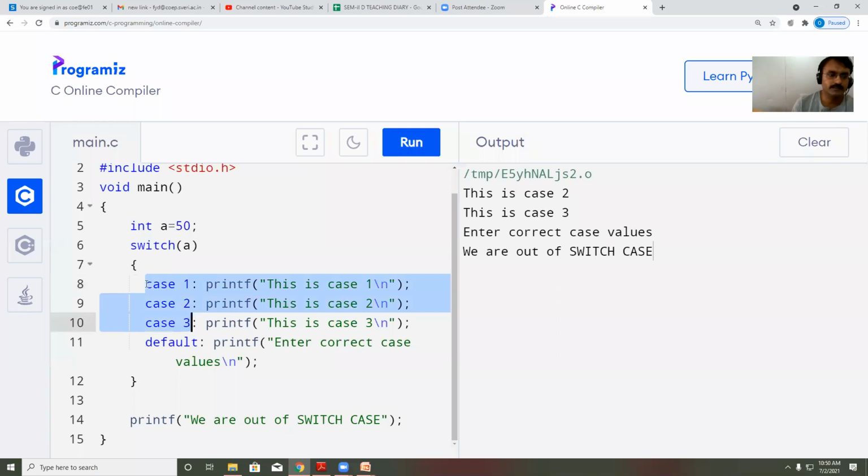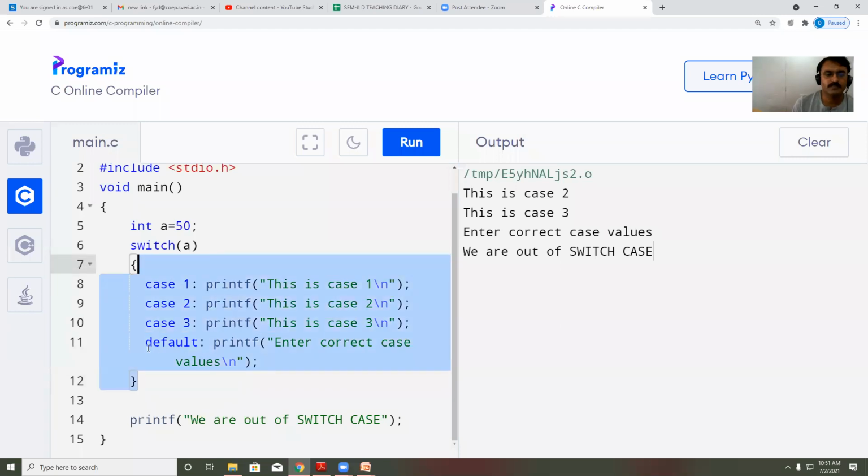Nahi. So if I don't have any case which holds this switching variable value, the value 50, if I don't have case 50, then I will execute only the default statement and the compiler will come out of the switch case statement.